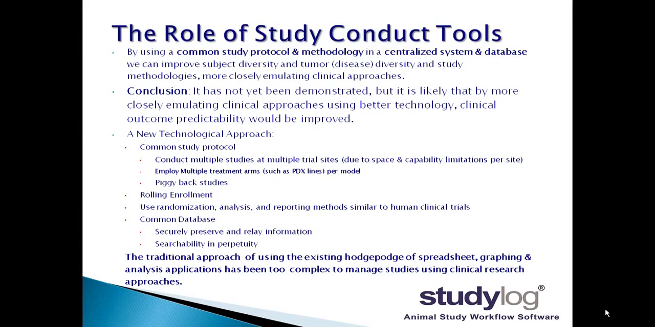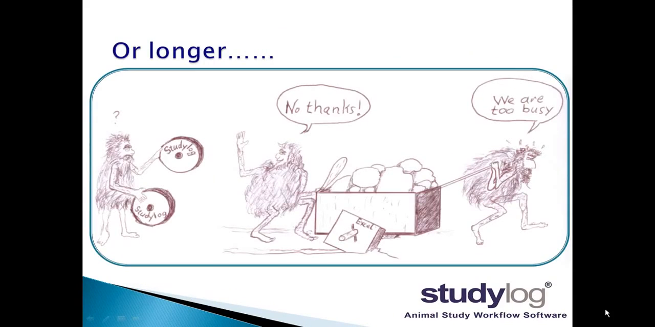The traditional approach using existing spreadsheets, graphing, and analytical tools has been clearly too complex to manage the studies, reflecting a clinical research workflow. So we have a 5% approval rate of anti-cancer therapeutics. We've been using the same tools and doing it the same way for 30 plus years, yet expecting a different result. So doing it for 30 years or longer,